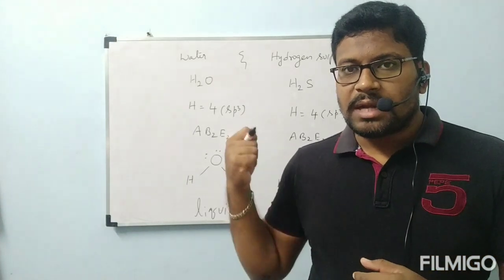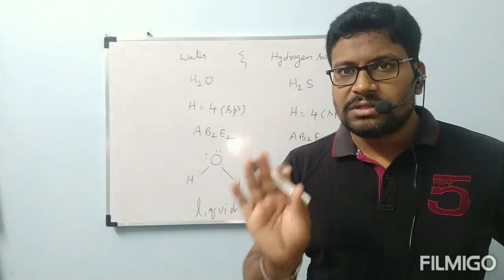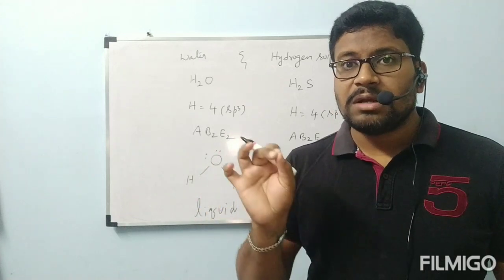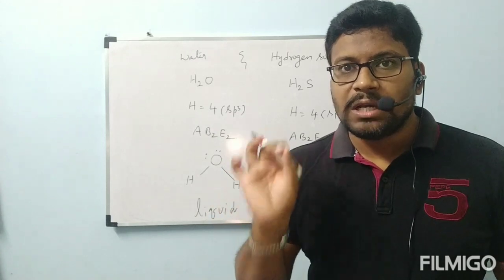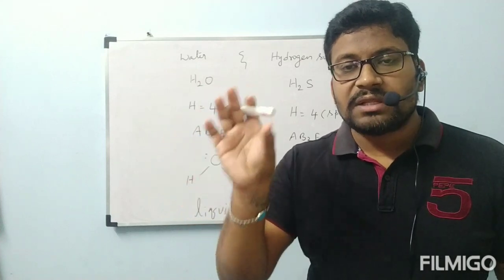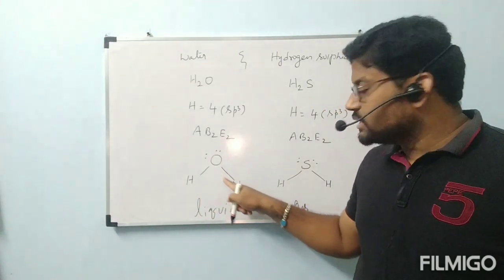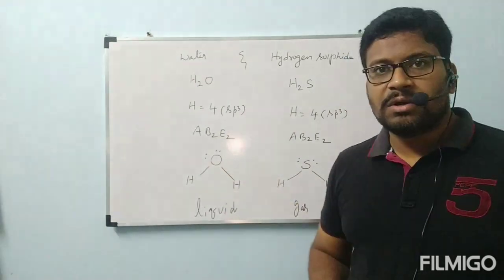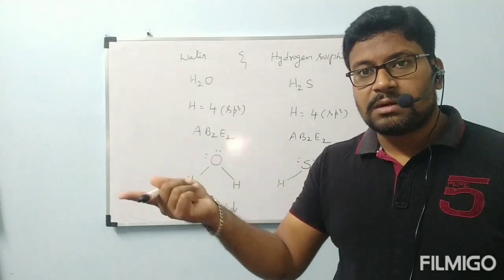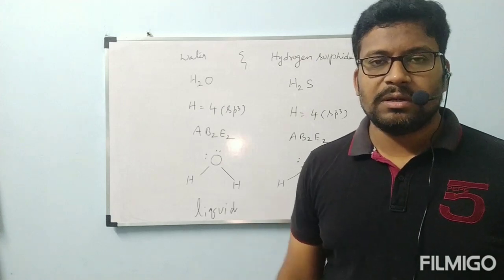But under the heading hydrogen bond, what we are going to study is not an actual chemical bond. It is an intermolecular force. Intermolecular force means the force present between the molecules. Already the molecules exist with covalent bonds. After the existence of those molecules, between O and H, covalent bond is there. Between the other O and H also covalent bond is there. Don't think that this is hydrogen bond. This is a normal covalent bond. Between one water molecule and another water molecule, we have that type of force. That is intermolecular force, which is called hydrogen bond.